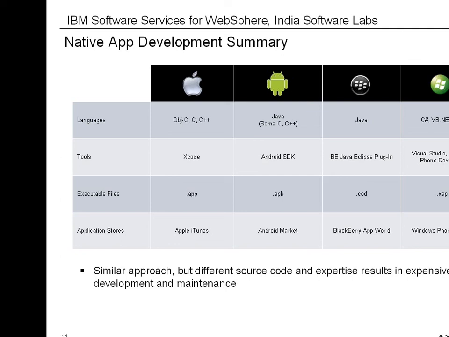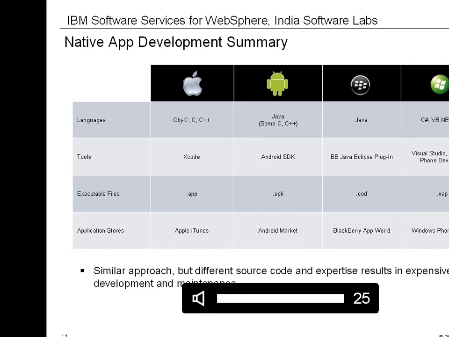This means that the process of developing and maintaining a mobile application for multiple operating systems is very expensive. To build a single application, you would need 4 sets of people to understand 4 different languages, go through the entire life cycle from development till test, making the entire mobile application process expensive.